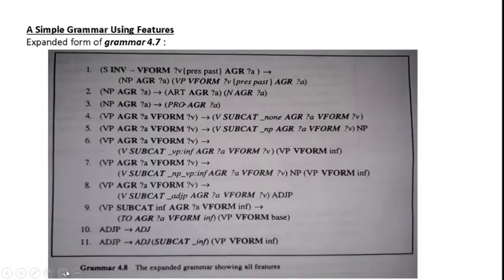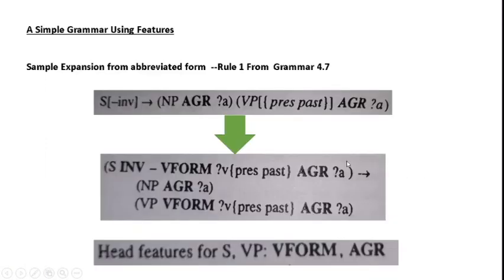So this is the corresponding expanded grammar of the simplified grammar that we saw earlier. If you observe here, as I told earlier, the AGR feature was the head feature of the NP and it is written here, and already AGR was enforced in these two components with variable a, so the same a applies here. So we will see how that simplified, or abbreviated, grammar was expanded to all its feature set using just one rule.